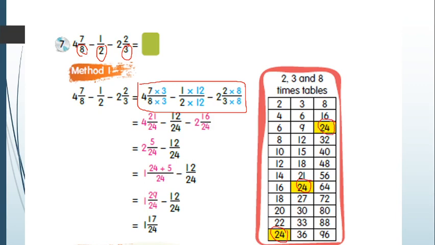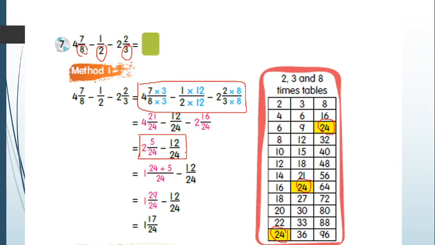So when we list down the CFA, we know that the lowest common multiple of the 3 is 24. So 8 times 3, 7 times 3, 2 times 12, 1 times 12. Okay, this one 3 times 4, 2 times 4. Remember when you multiply the denominator with some number, you also have to multiply the numerator with the same number. Okay, so calculate, you will have this one, and then you will arrive at this step.